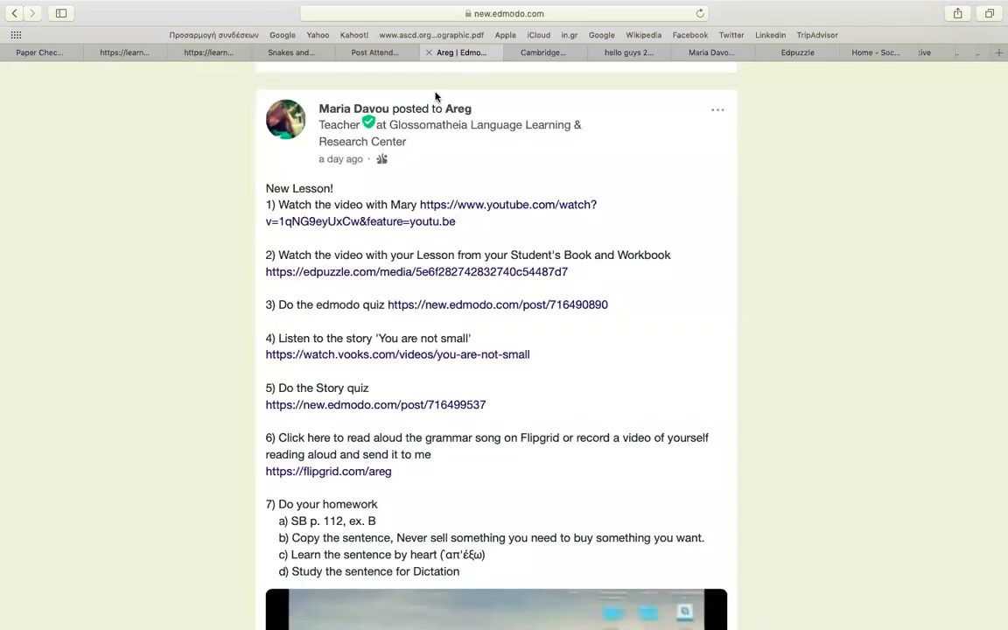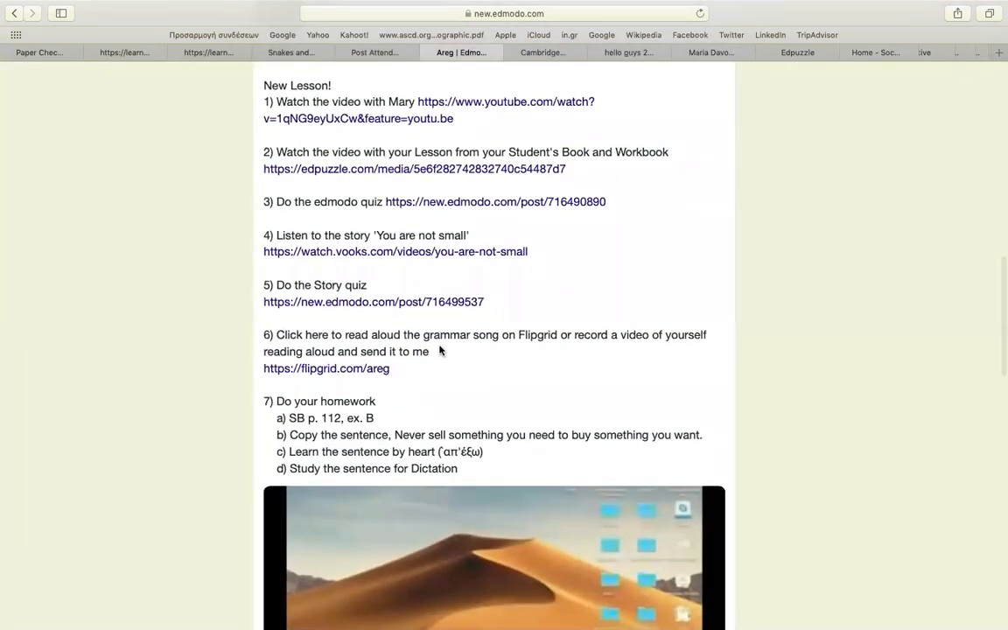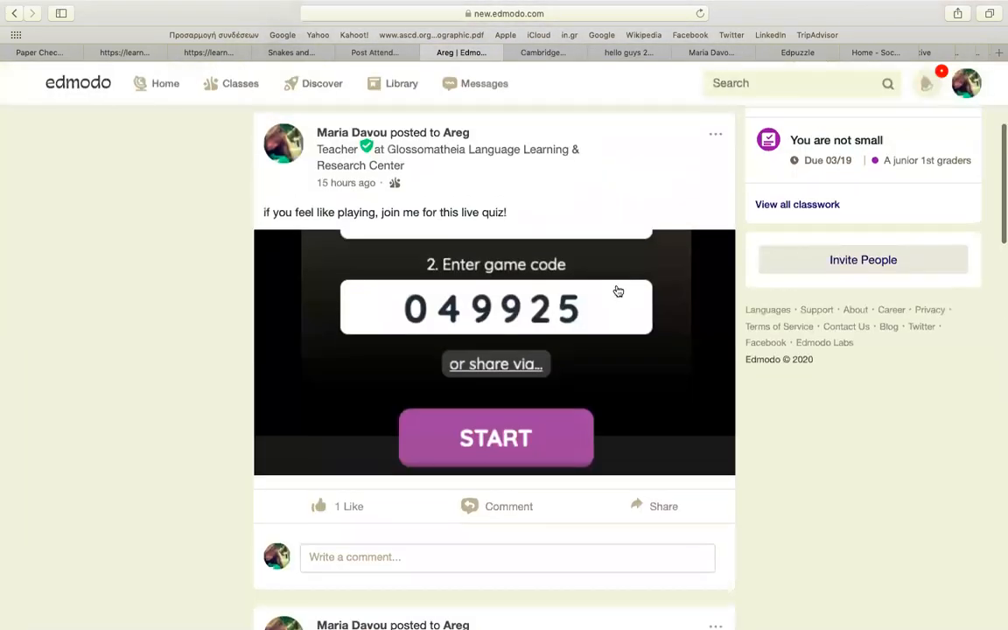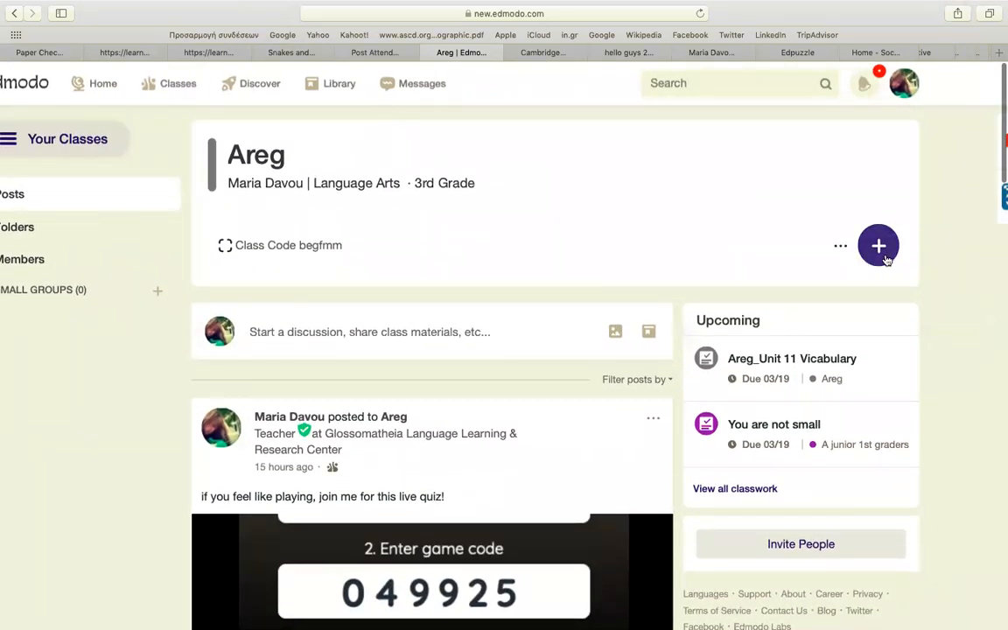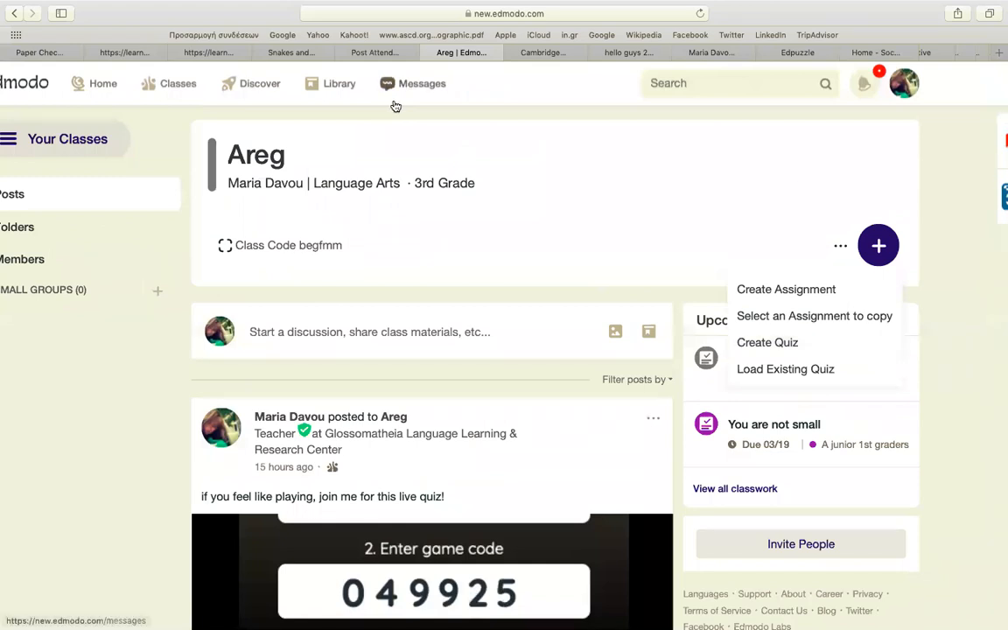And then you can create quizzes on Edmodo. There are two ways of doing it. The one is going here to this plus sign and clicking on create a quiz, or you can go here where it says library and create your quiz and have it in your library because you might want to use it at another time or with other classes. So if I go here and click on create a quiz,